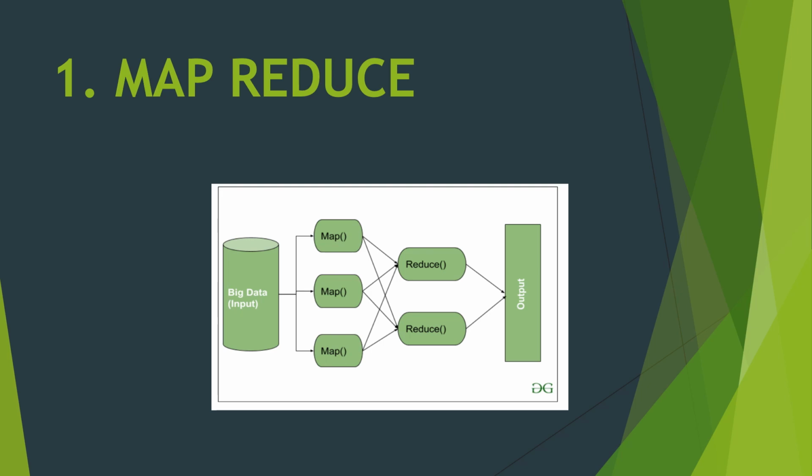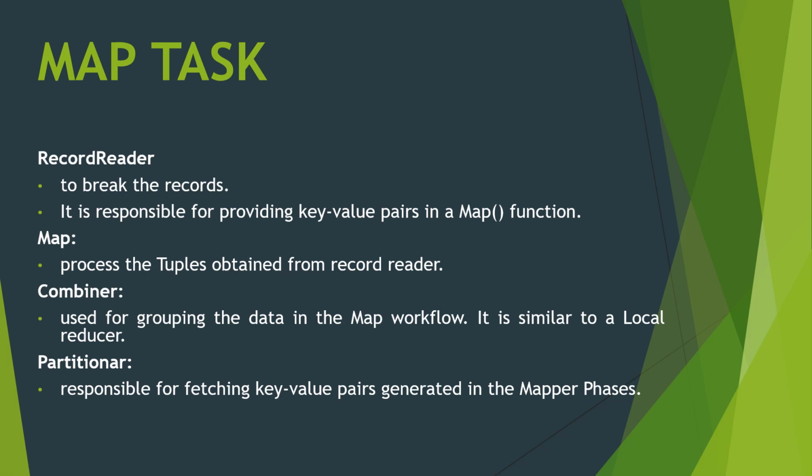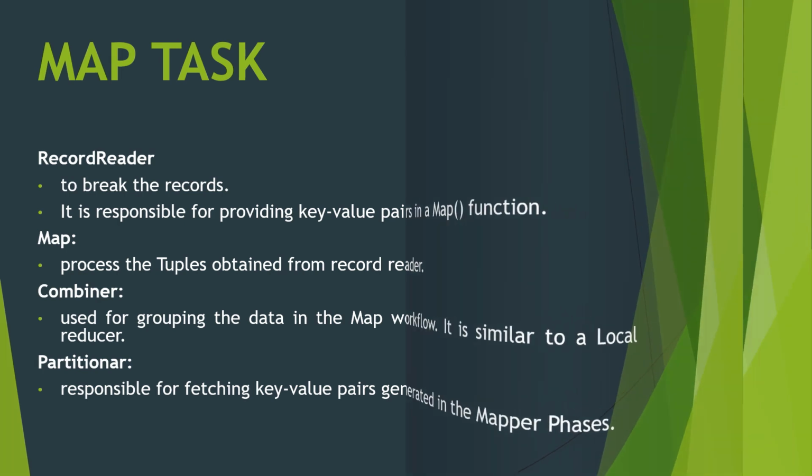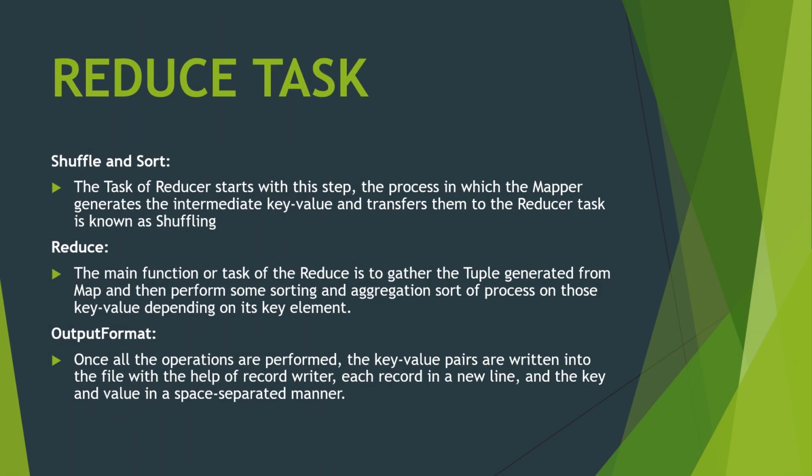Next, we are going to see the map task. We already told about the record reader, the map, the combiner, and the partitioner. And then the reduce task, where we also talked about shuffle and sort, reduce, and output format. Next is